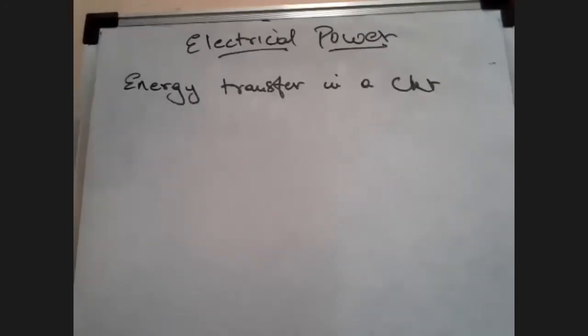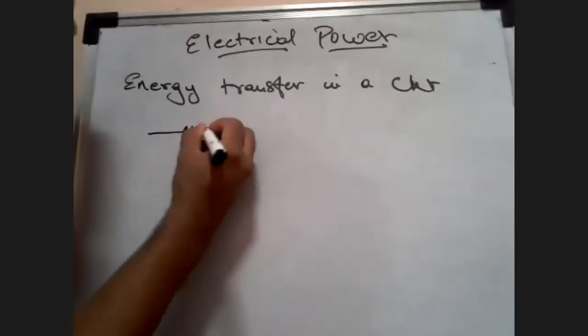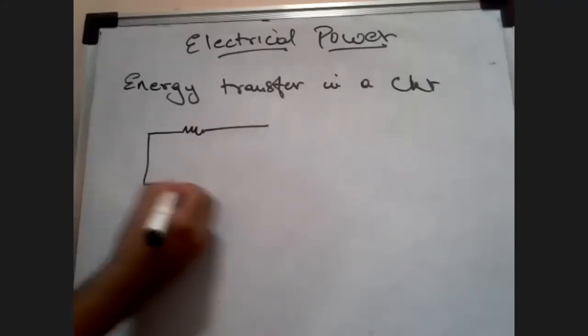So if your devices are that many watts, what is a watt basically? The unit of power is watts. By what we are going to learn right now, we will be able to identify, with the amount of wattage, what your electricity consumption will be. And if you get into the depths of this, you can easily identify what your electricity bill is going to be also. It's that simple. So, some small applications of this. But let's come to the topic. Let's consider a resistor here, and the resistor is connected to a battery.